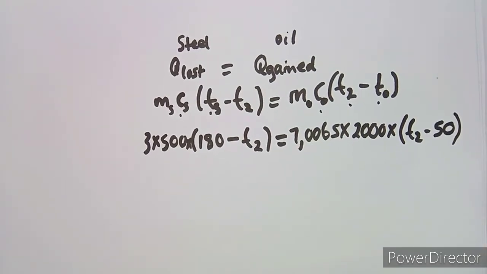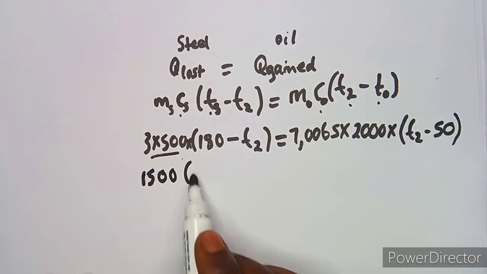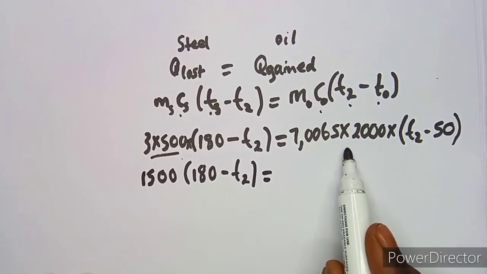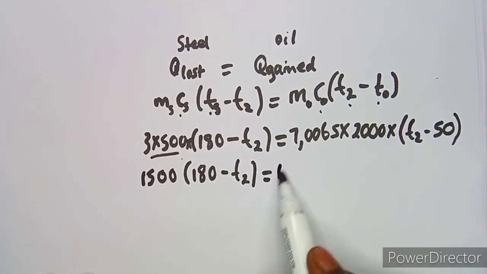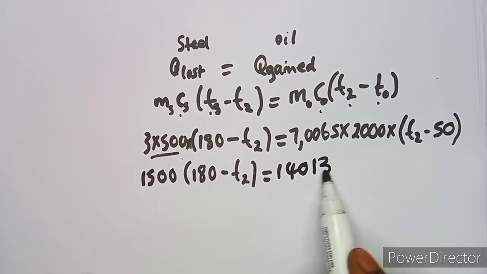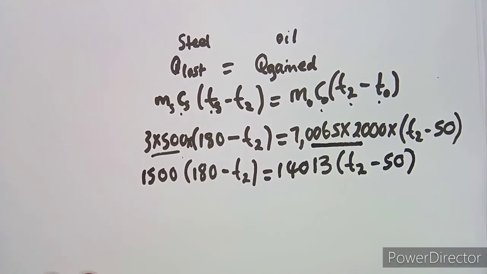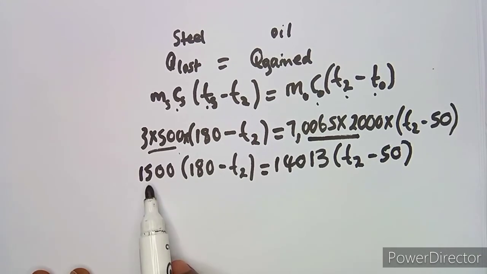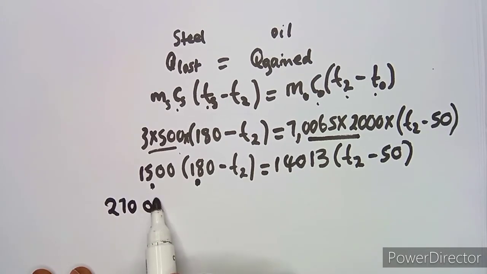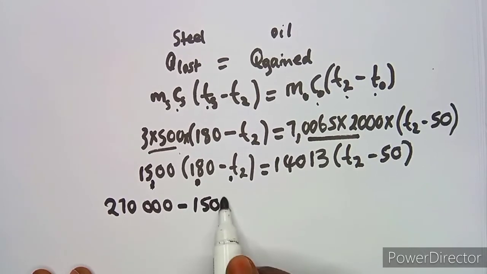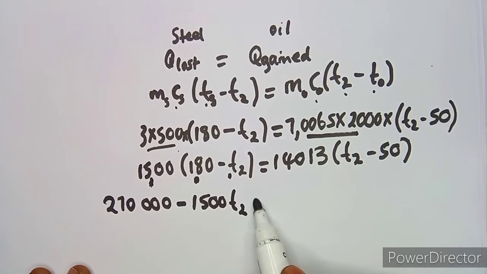I'm just going to combine these two. I'm going to obtain 1500 times (180 minus T2), which is equal to, combining these ones also, 14013 times (T2 minus 50). So multiply these two numbers here. Then definitely we have to expand brackets. So it's 1500 times 180, which is going to give us 270,000. Then 1500 times minus T2, which is minus 1500 T2, which is equal to